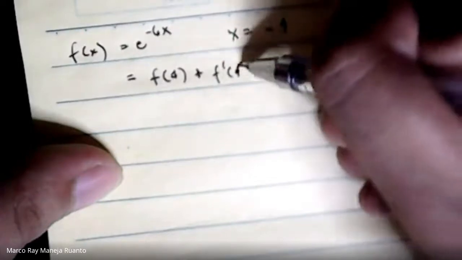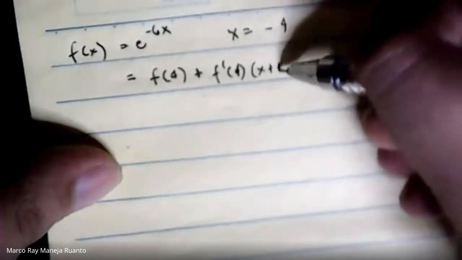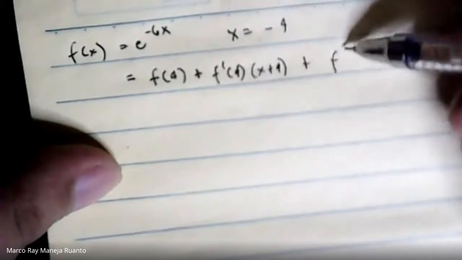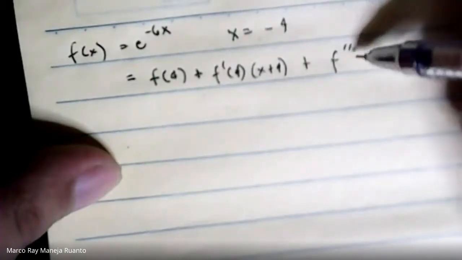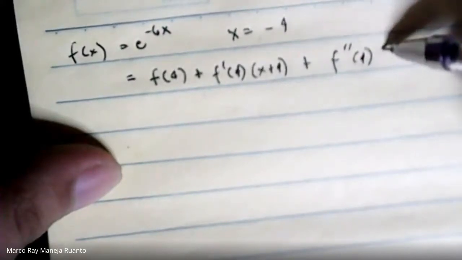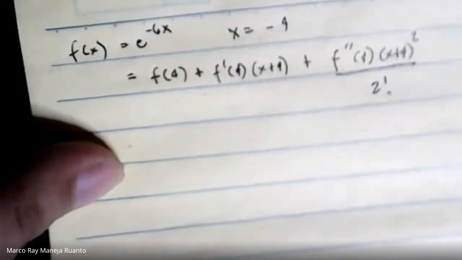So we are going to find f of 4 plus f prime of 4 times x plus 4, plus f double prime of 4 times x plus 4 squared over 2 factorial,